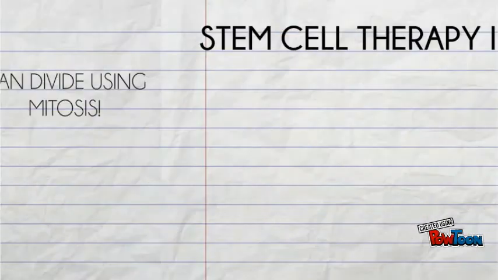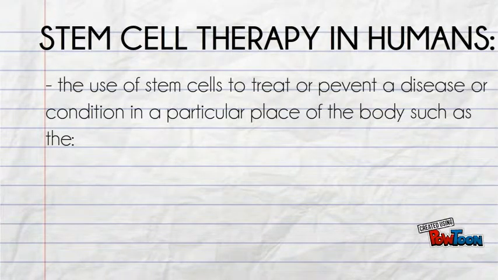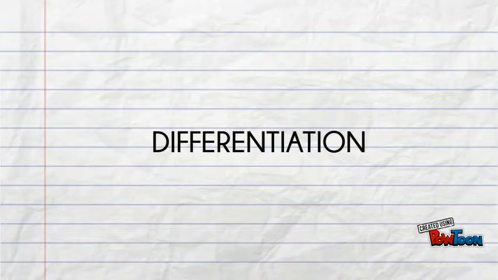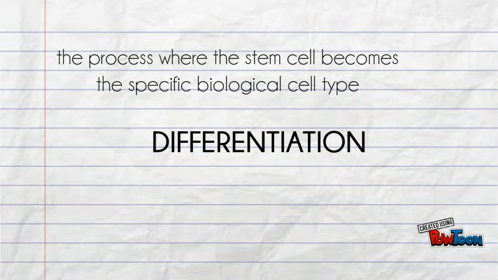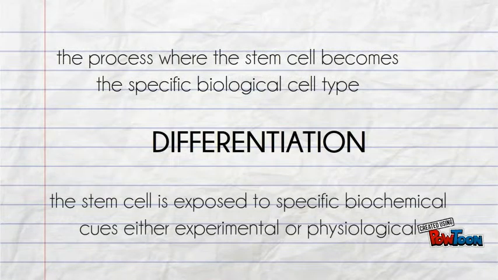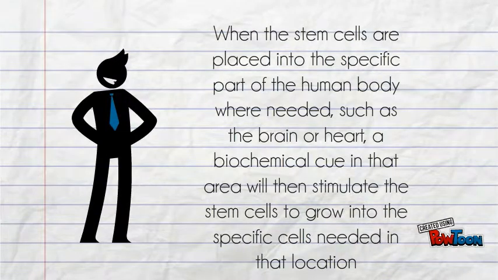Stem cell therapy in humans is the use of stem cells to treat or prevent a disease or condition in a particular place of the body, such as the brain, heart, or skin. How the stem cell acts as a typical biological cell is differentiation, the process where the stem cell becomes a specific biological cell type. Differentiation is where the stem cell is exposed to specific biochemical cues, in either experimental or physiological settings. When the stem cells are placed in a specific part of the human body where needed, such as the brain or heart, a biochemical cue in that area will then stimulate the stem cells to grow into specific cells